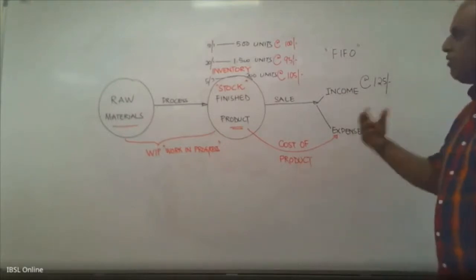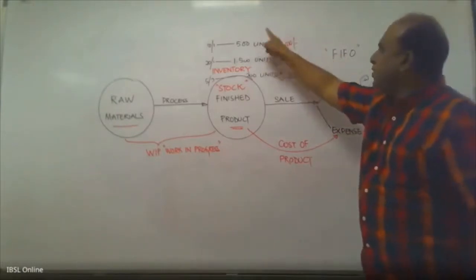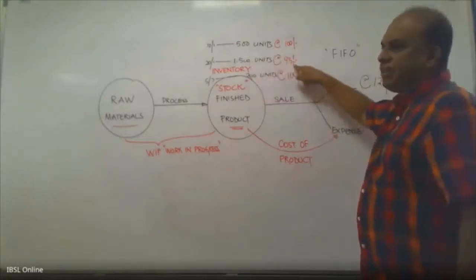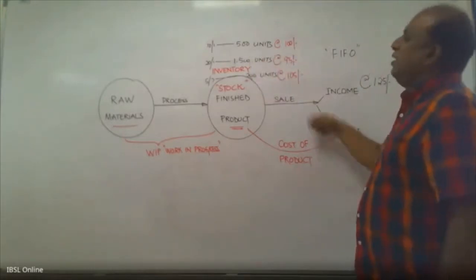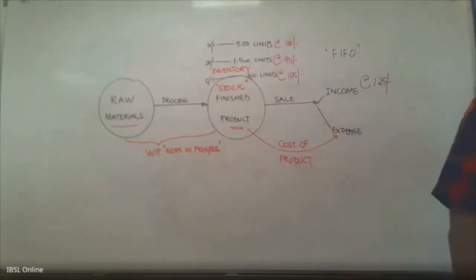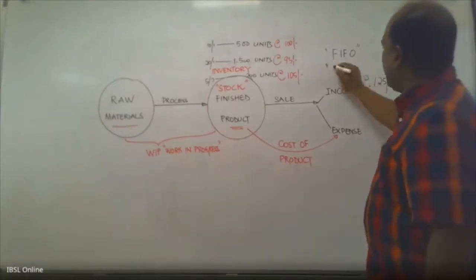So under the FIFO method, you know what is the cost to be recognized. Once I complete these 500 units, then I will start with 1500 units. That is at 95, so I will recognize 95. Then I will go to this 200. That is first in, first out. Now parallelly, I am going to explain last in, first out, which is not in your handout, but I am just explaining it to you.